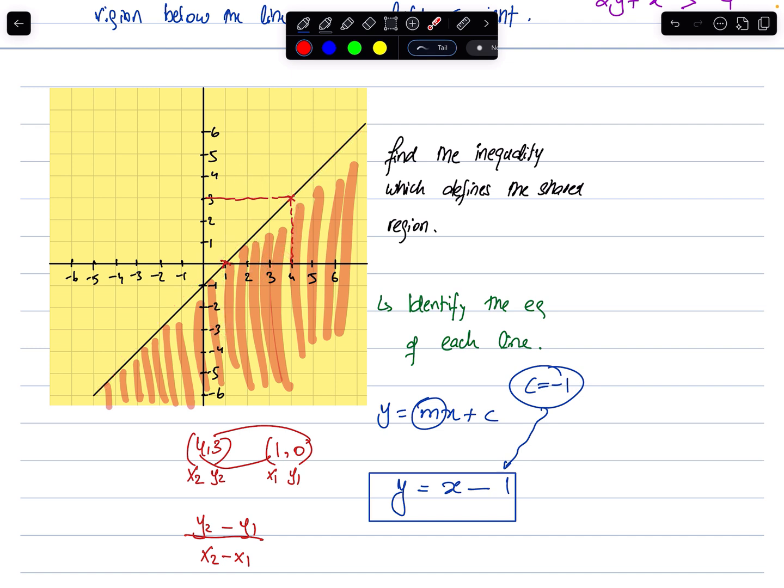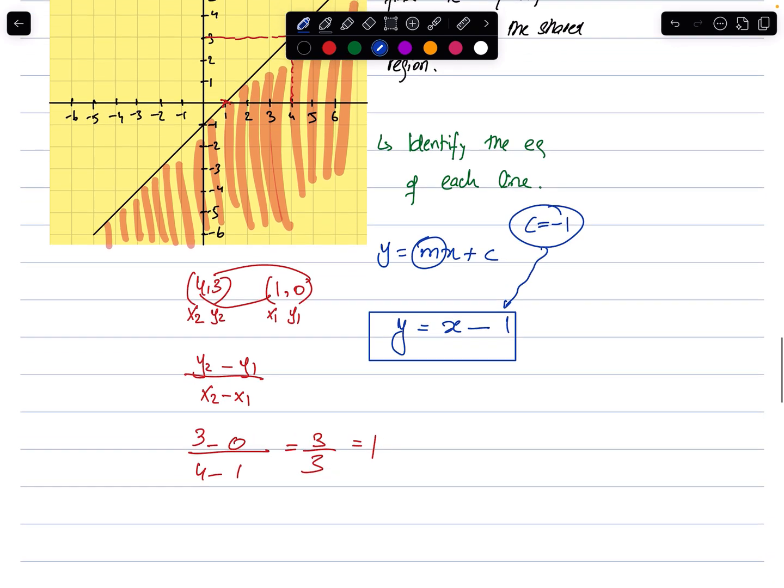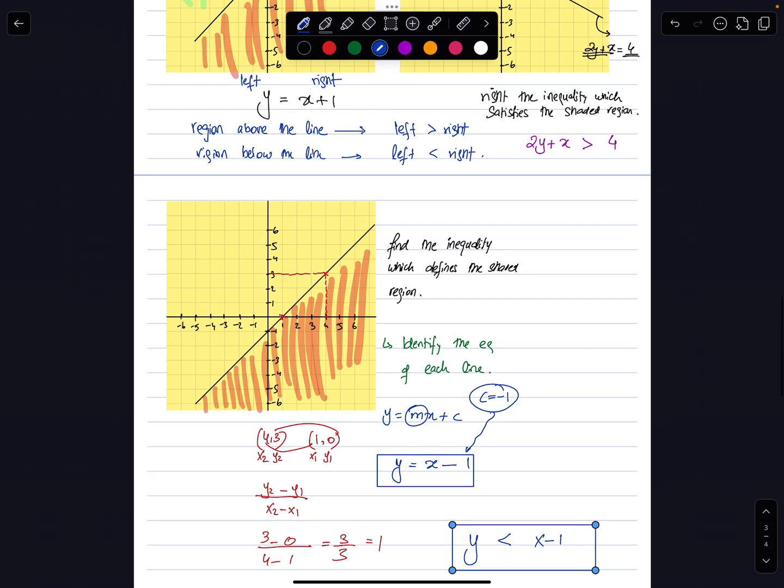So I write down the equation of the line that I have found as it is, on the left and right sides, and since my shaded region is below the line, I would put a less than to the left side and greater than to the right side. This is the inequality which defines the shaded region. I hope you understand. Okay. Now